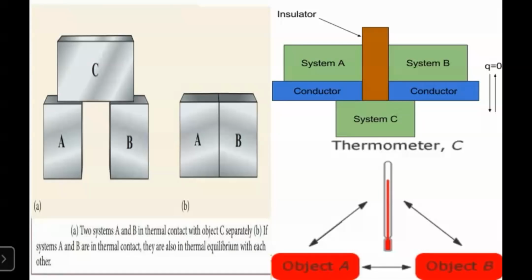I guess your voice is not reaching me. You can message me in the chat box. Whenever I ask a question to you, you please message me in the chat box. Okay. So, is there any heat transfer between A and B if I put an adiabatic wall? You can say yes or no in the chat box.